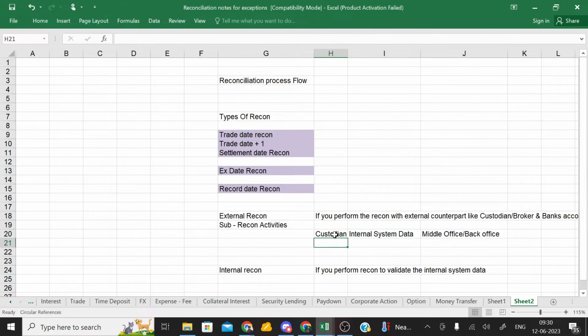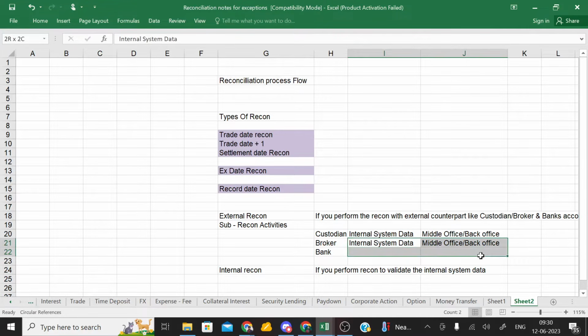Right? Internal system data, it means middle office and back office. Then broker to internal system data, same, middle office and back office. Then bank account data, internal versus internal system, and